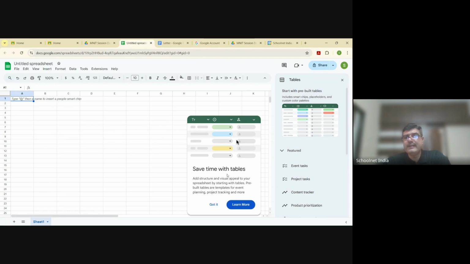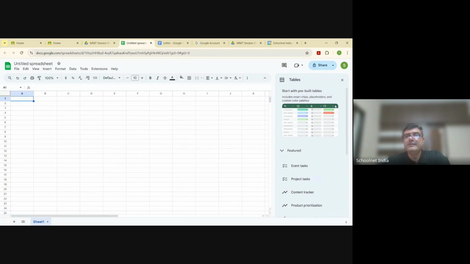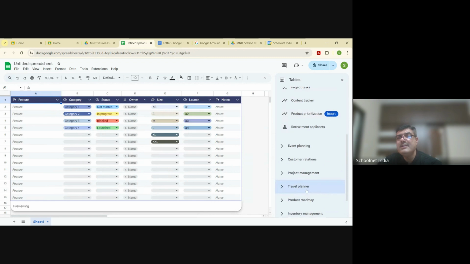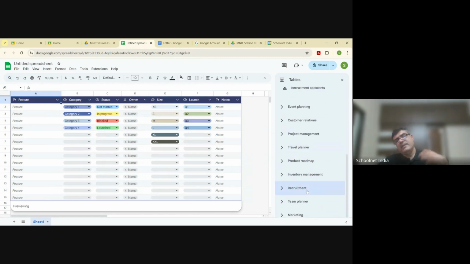Okay. Save time with tables. Okay, and say got it. In the event task, you can directly create a table. So this is a new innovation. So AI, for example, event planning. As soon as artificial intelligence is enabled here, so artificial intelligence here,